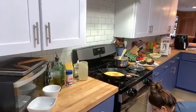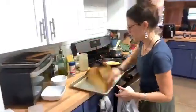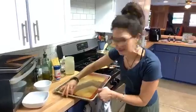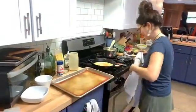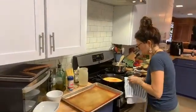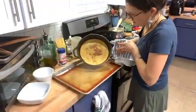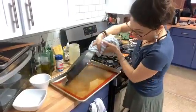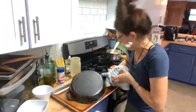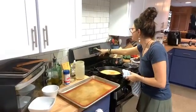Let's put it on something so we don't put a dent in her brand new wood butcher block countertop. Socket can be a little tricky to get out, hopefully. I borrowed this cast iron skillet. Mine at home is really super seasoned. Okay, and I'm just gonna, it's stuck. Oh, see, this